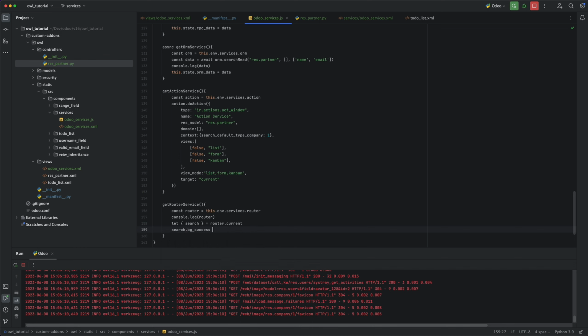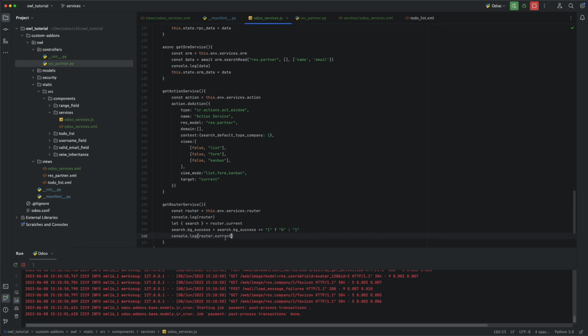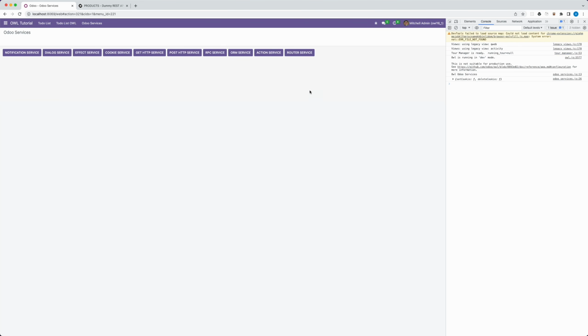Now we can add a new parameter bg success, and the value is: if the search bg success is equal to 1, then make it 0, otherwise make it 1. Now let's try to console log router.current. At this point, the search param bg success has already been added, so we should see that the router has been changed. As you can see, the search param is already added, but the issue is we want to refresh the